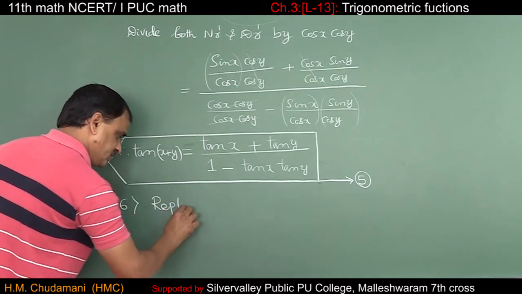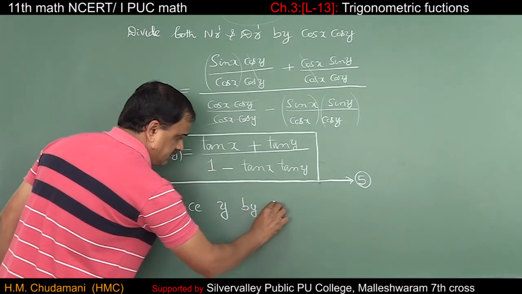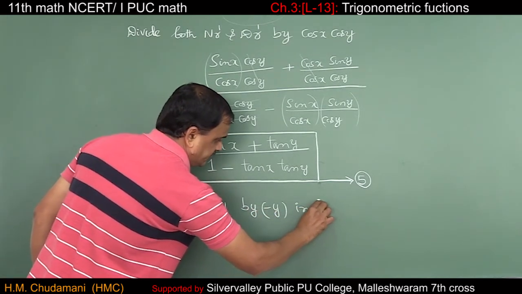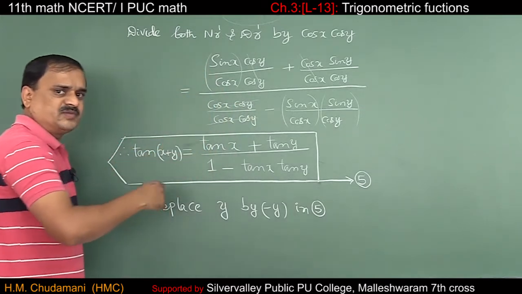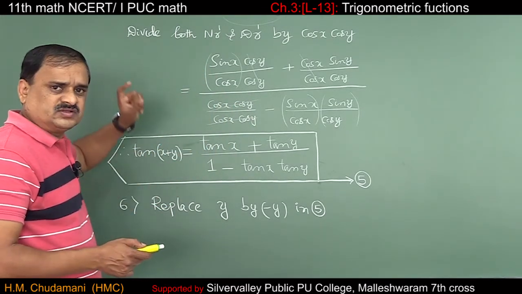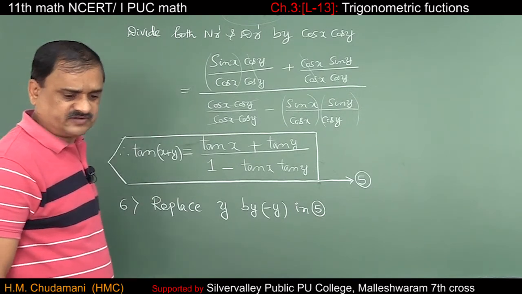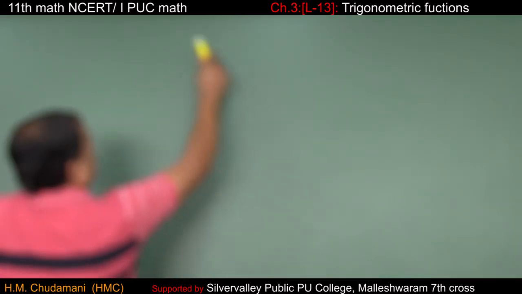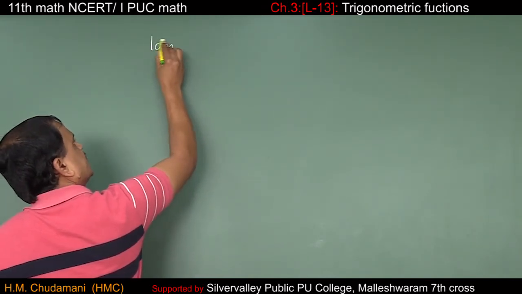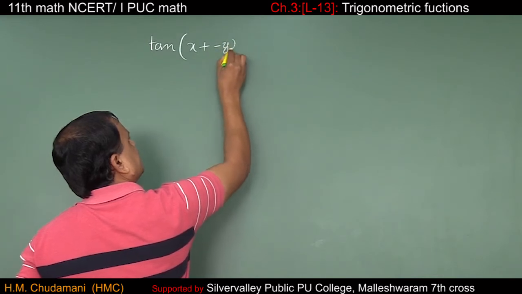Replace y by minus y in equation 5, or else you can follow the same method. Okay, so tan of x minus y equals sin of x minus y divided by cos of x minus y. You get the same thing. If I replace y by minus y in equation 5, we get tan of x plus, in place of y